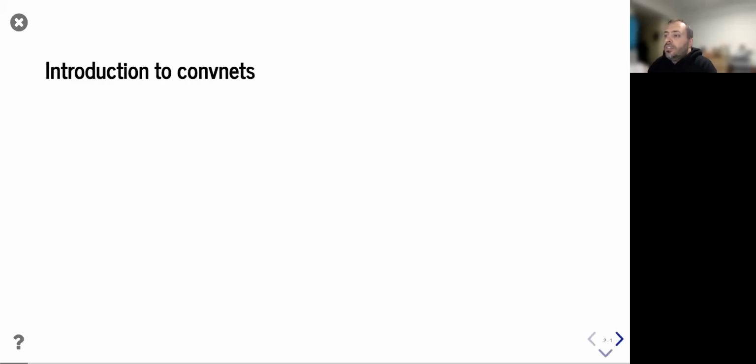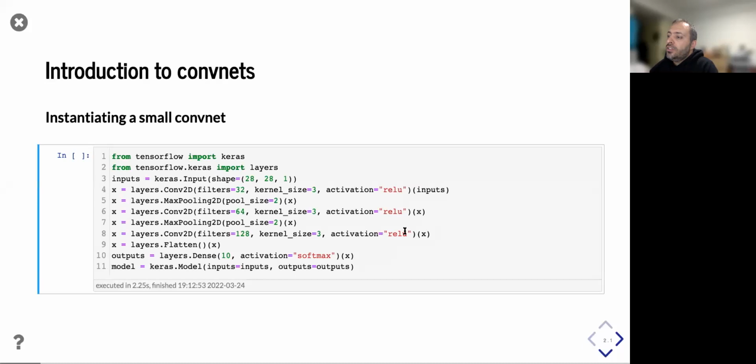So let's start with the introduction to convnet. So we will start in a quite curious way. We will first use them and then explain them. So we will first run an example that we have already seen before using convnet, and then we will get in more detail on what is this thing that we used. So first of all,